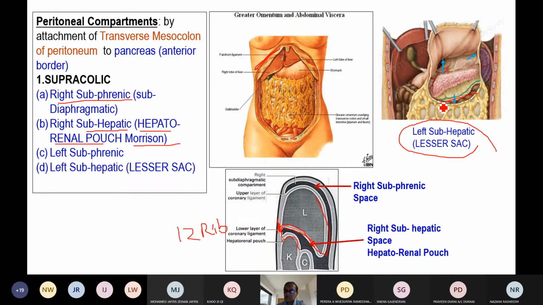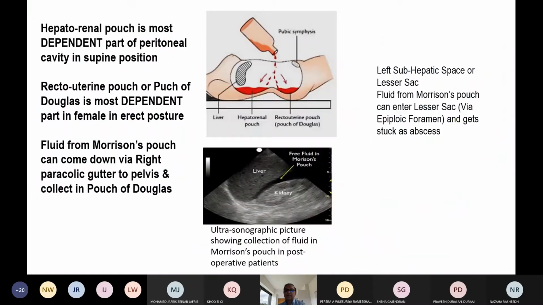This is the transverse colon joining with the pancreas, the transverse mesocolon. At the top of the pancreas, splenic artery, spleen. Okay, so all these structures, splenic artery, pancreas, transverse mesocolon, spleen, left kidney, come under the lesser sac. And we all know the lesser sac is usually not approachable. So anything which collects in the lesser sac is causing a concern for the surgeon because it is not very easy to reach the lesser sac.